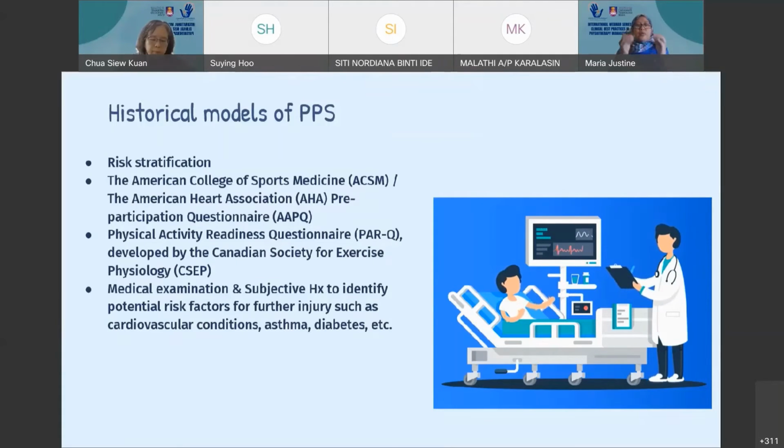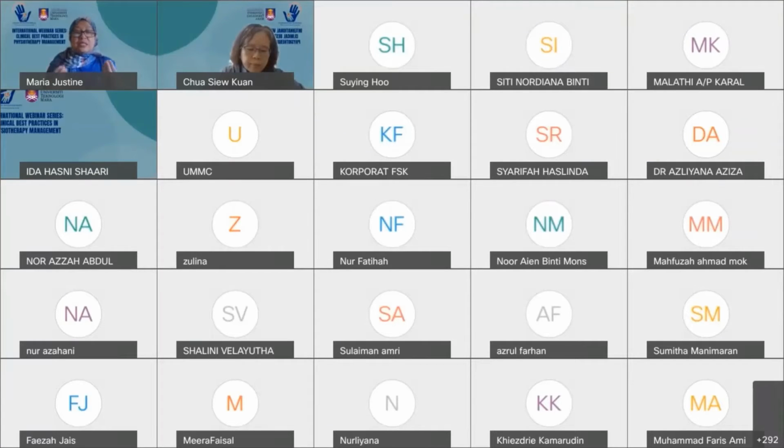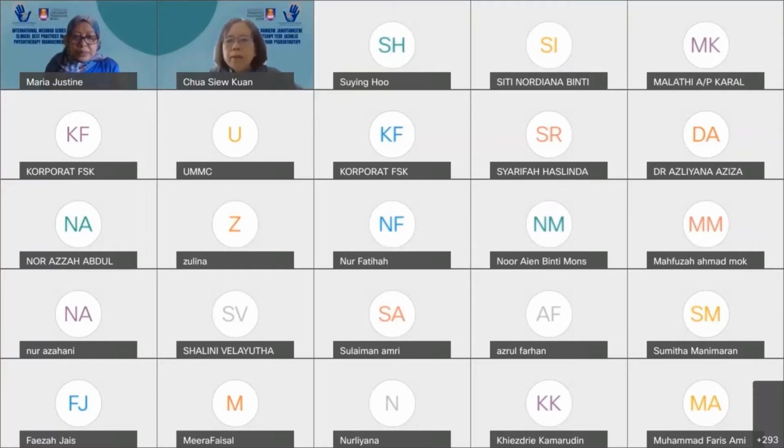So if, based on the questionnaire, you are classified as high risk or moderate risk, you will have to undergo many levels of medical examination, subjective history. You have to undergo an exercise stress test, ECG, and sometimes the results will give you false positive results, which lead to